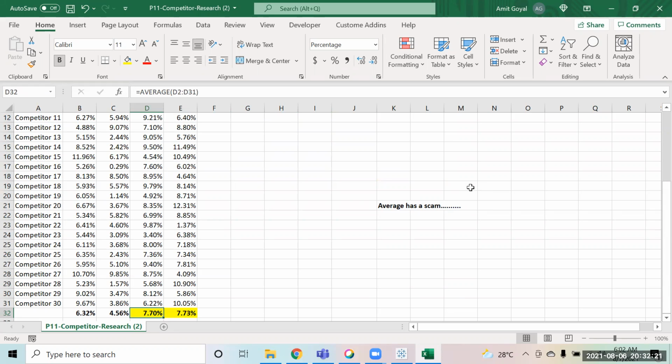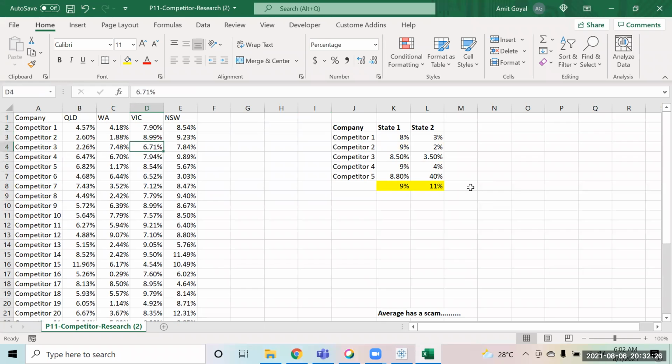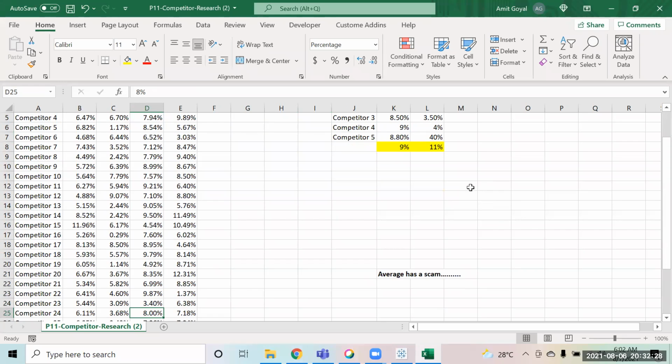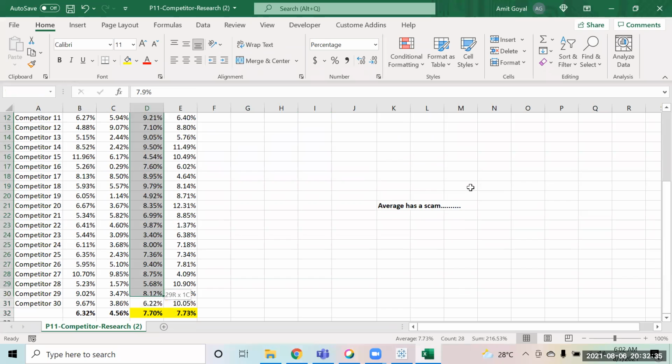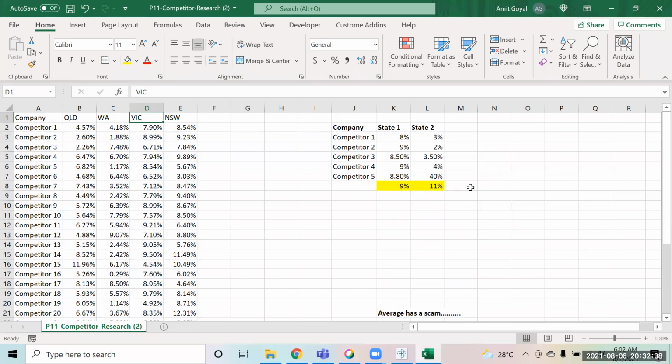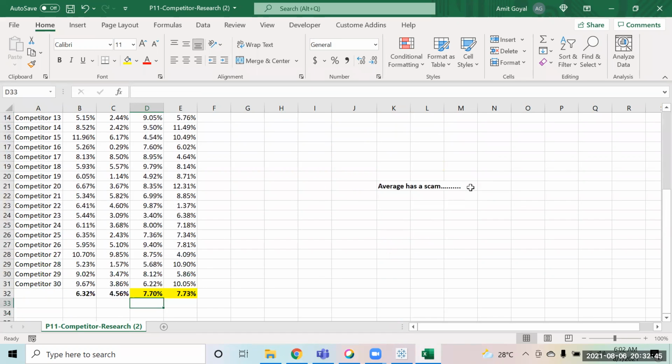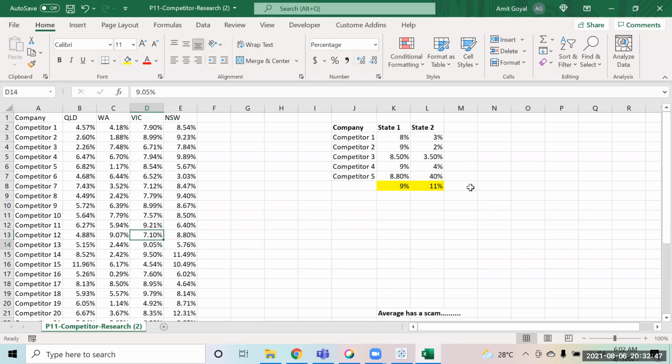I think we need to see the consistency of the profit. Yeah, profit margin. We need to check the region's profit ratio, whether it is consistent. Right now these are 30 values, so we can't go through the 30 values and check one by one whether it's consistent or not. If suppose the data was of 1000 competitors, I wouldn't have been able to check consistency by looking at the numbers, right? So what we do in that scenario is, now this is the average that you have found.